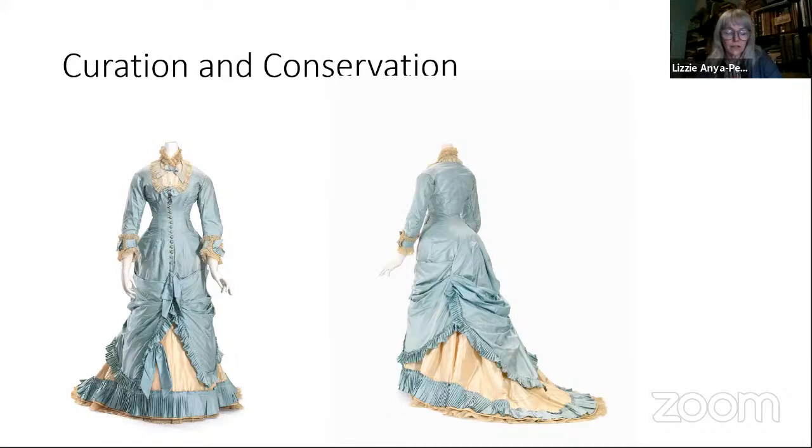The examples of dress can withstand a little bit more of being on display. And one advantage of putting on exhibitions, not only does it raise the profile of the collection, but it also means that I've got a very good case to ask for some funds in the budget to employ a conservator to do some work. So for our Nightlife exhibition, for instance, we worked with Kylie Howe, who just did an amazing job